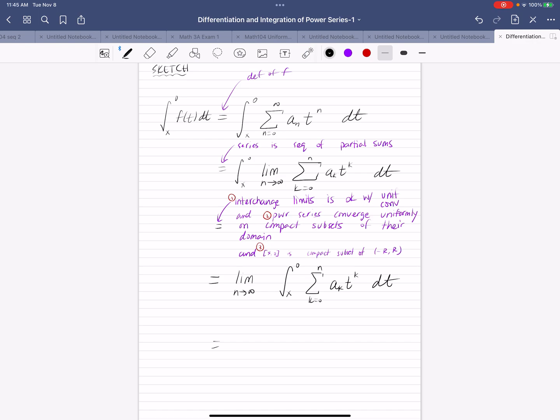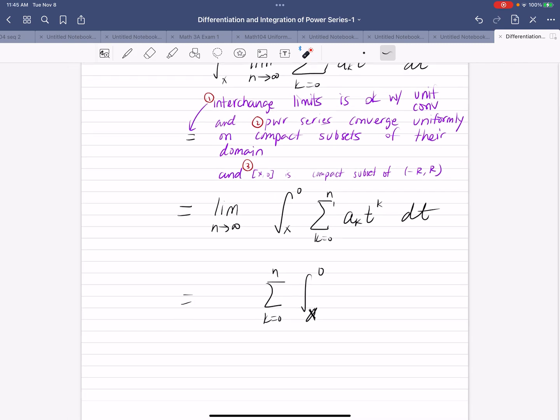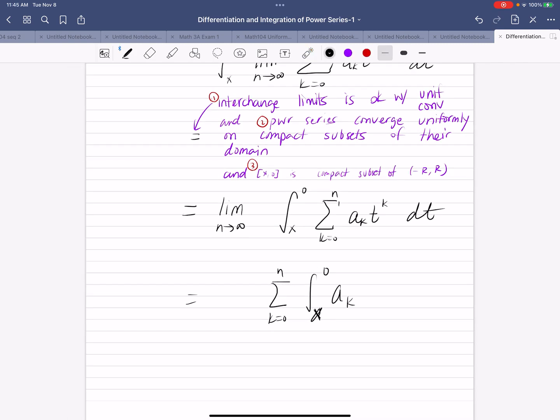Okay, so this is just going to be the sum of the integral from x to 0. I can bring the a sub k's out, right? So if I write a sub k, t to the k dt, we know how integration works. That's a constant. It has nothing to do with t, so I can just bring that out, right? And then if I want to integrate